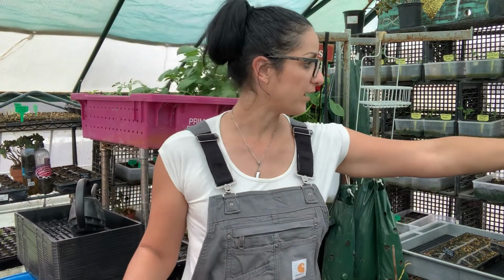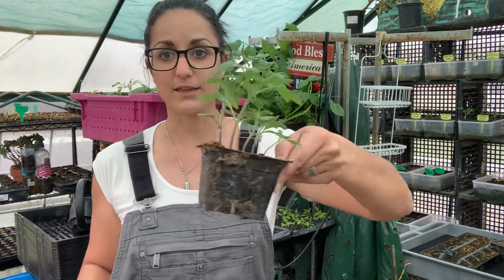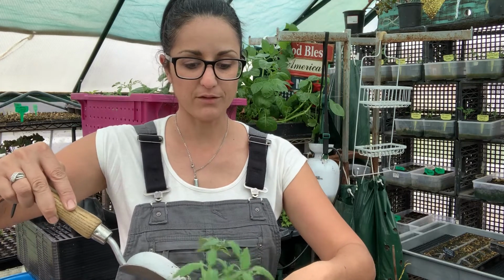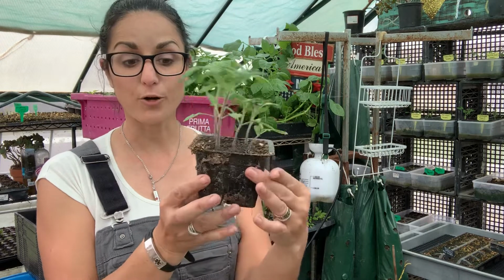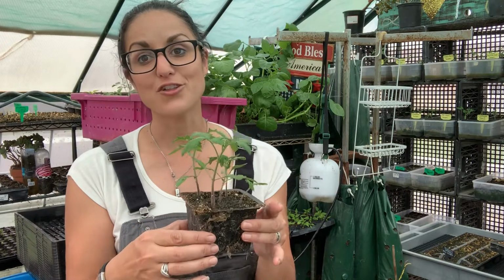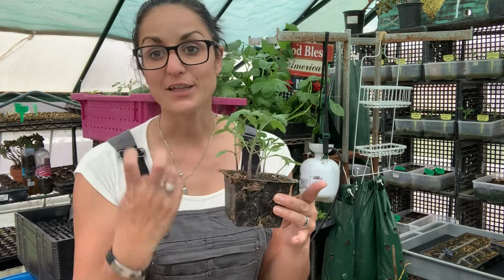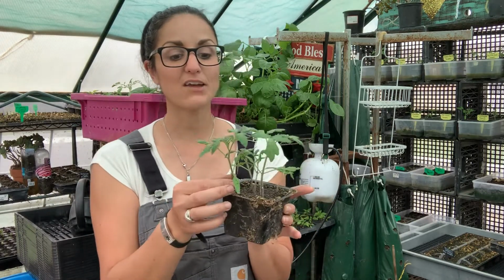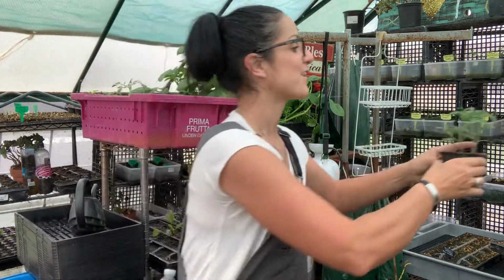But once you've got a nice plant growing like so, you can sprinkle a little bit of this granulated organic all-purpose fertilizer on there, and as your plants are absorbing nutrients from drinking the water, it's going to slowly feed your plants and really give you a nice healthy transplant for when it's time to transplant. So I didn't count how many that was, but that's my tips and tricks for my greenhouse gardening,